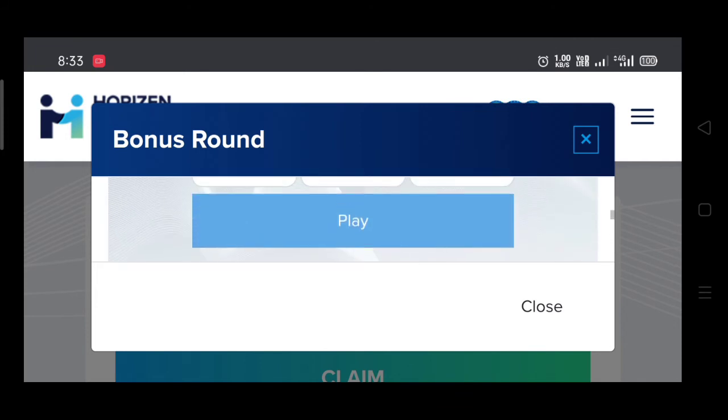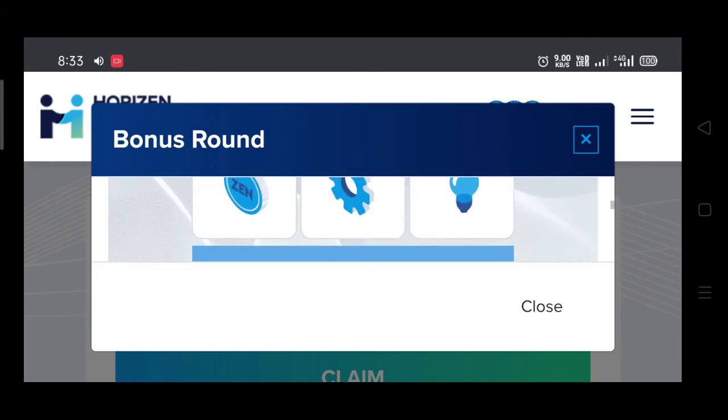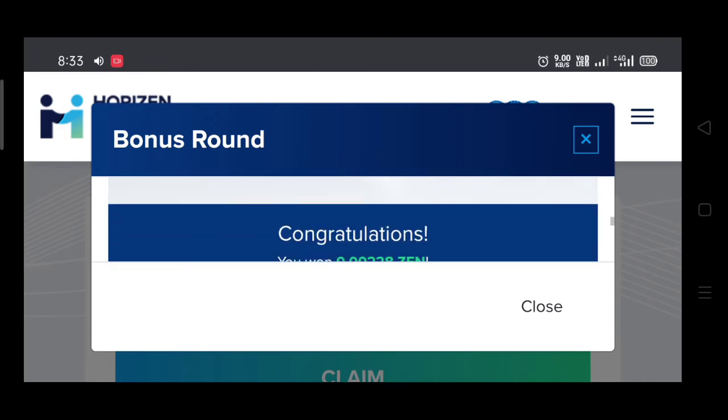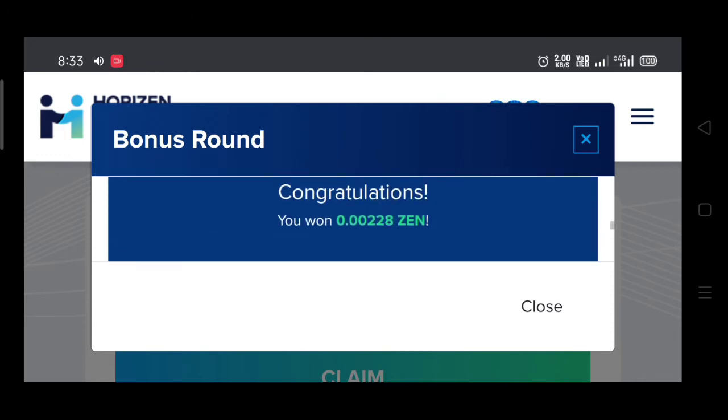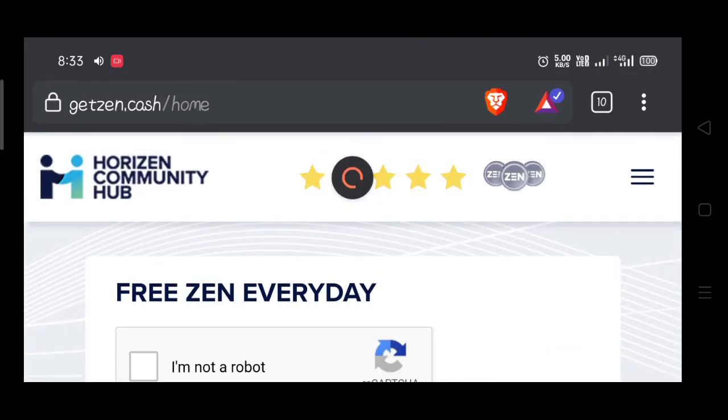Just tap on play, and here you can see I have won 0.00228 Zen token, and this will be received in my Spare wallet.